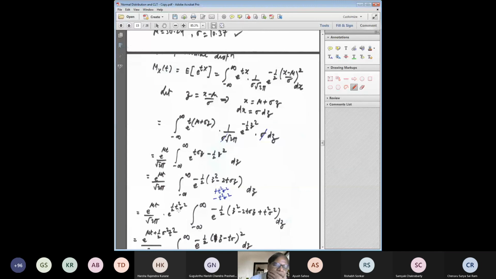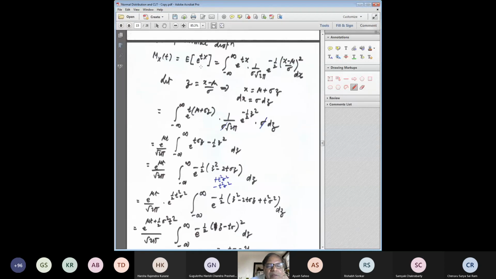Usually the higher order moments, if you need them, can be easily derived using the moment generating function. So here I will just give you the derivation of the moment generating function. I have tried to explain each and every step. It is basically the solution of the